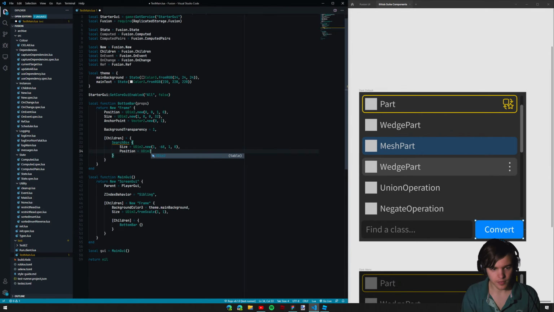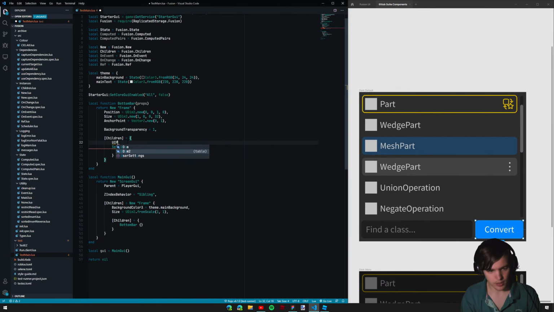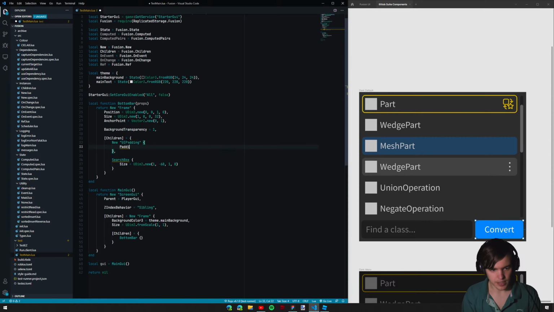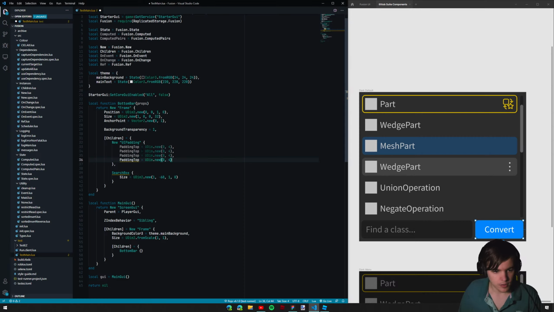Position. Oh, actually, also something we're going to need here is a UI padding, aren't we? So we'll say new UI padding. Padding top equals UDim.new 0, 4. Let's just give it some padding. So padding top, bottom,